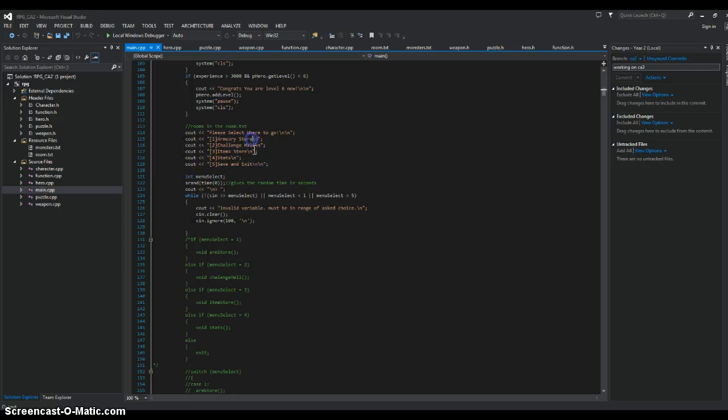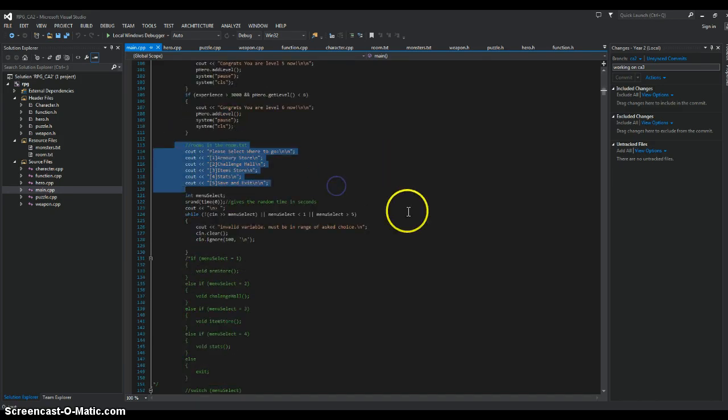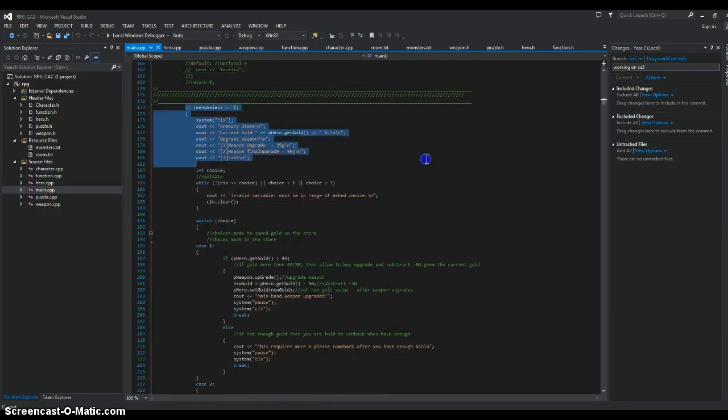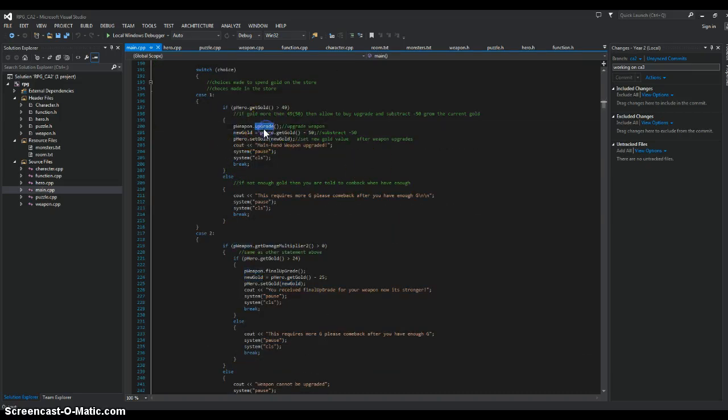Basically it's pretty much just your main rooms, item store, challenge horde, and save and exit. So I just put them in if statements, and these are the other things I tried with that, just don't mind that. So in the if statements, the first if statement, armory store, you're given weapon upgrades, final upgrade, and exit. There we go. So p weapon dot upgrade, so whatever weapon stat you have, plus the upgrade, that will increase the stat. And your new gold value, so whatever you spend on the weapon